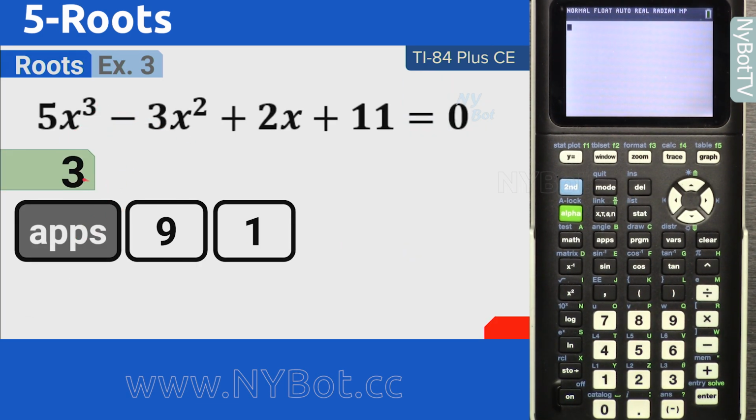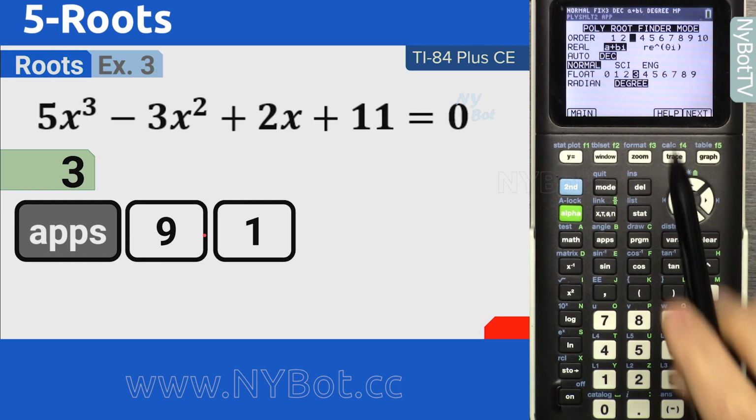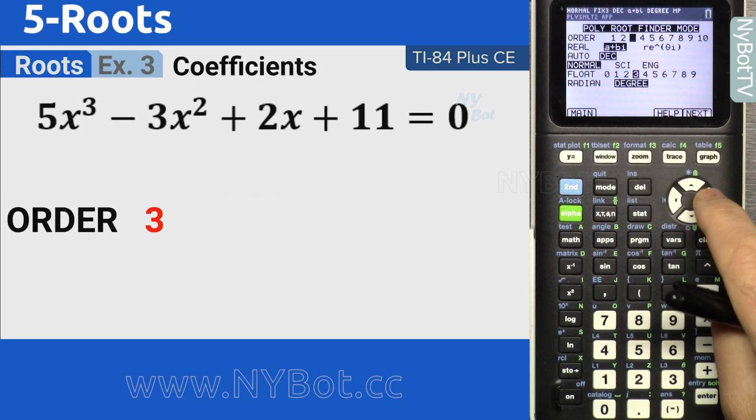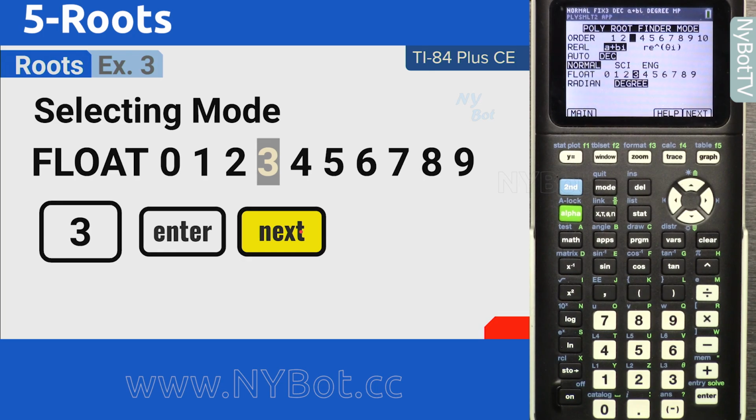Now let's go in step 3. Let's go apps 9 1. We are on this screen. Order is 3. It is 3 if not selected. That's the highest power, and then we selected the order, and then next,